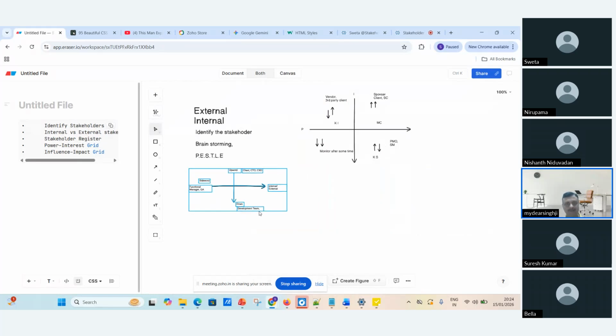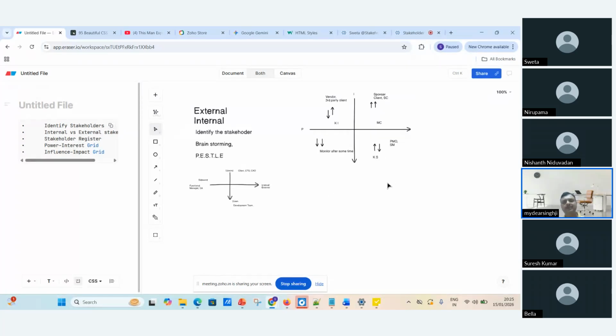Okay. So next, we already understood how we identify the stakeholders, who our external and internal stakeholders are, how the stakeholder register works, and how the power matrix grid works. Sometimes there are two more grids alongside the power matrix grid, but they are not required in project management.